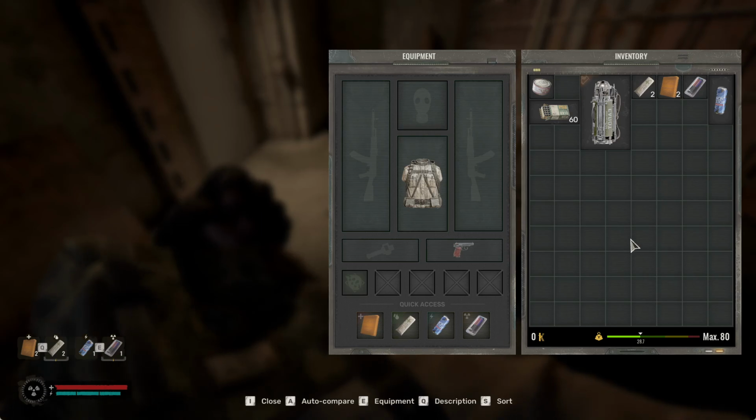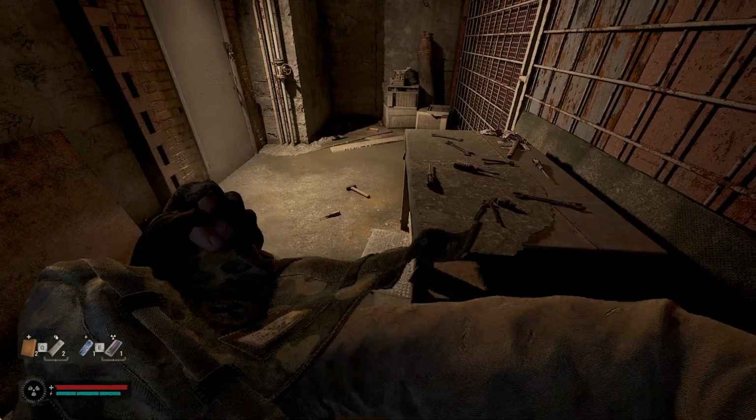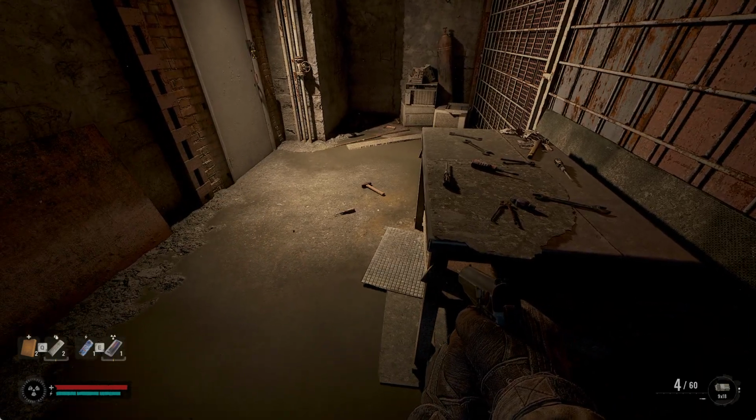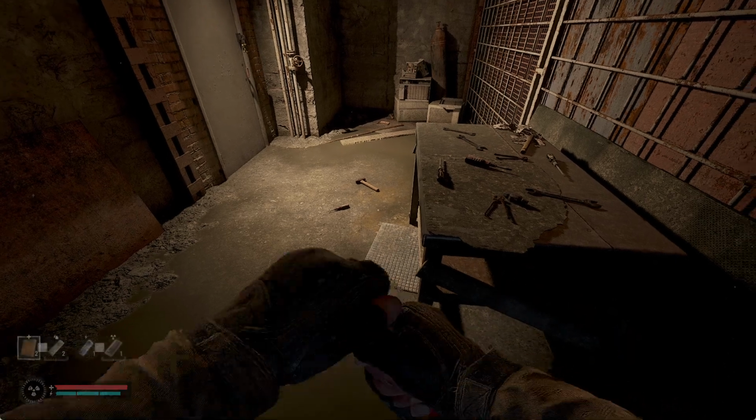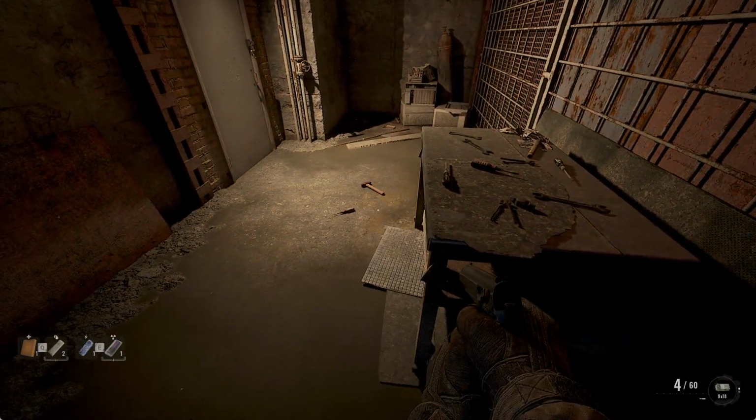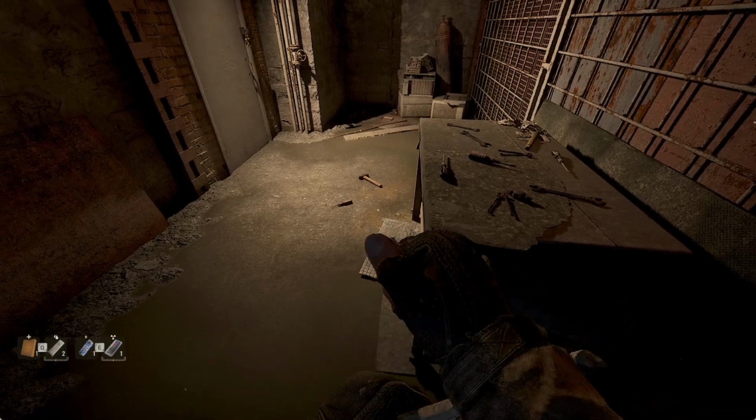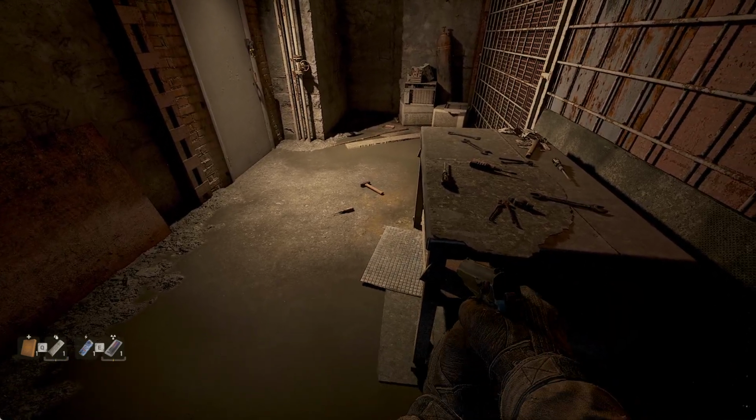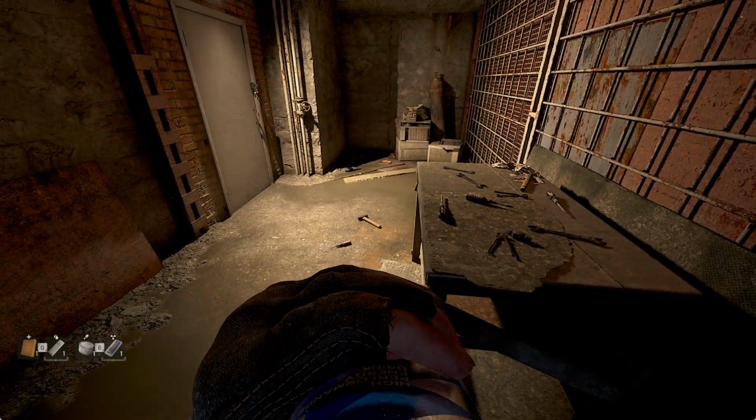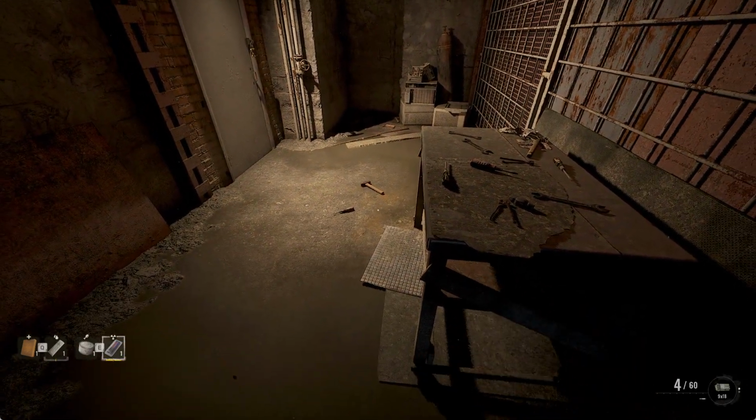And now I'm gonna show you how to use it. Let's exit out of the inventory and now click on Q for the first slot, press and hold on Q for the second slot, then click on E for the third slot and press and hold on E for the fourth